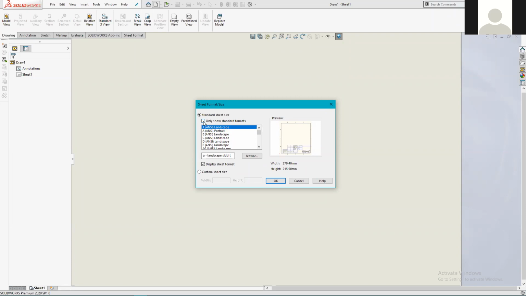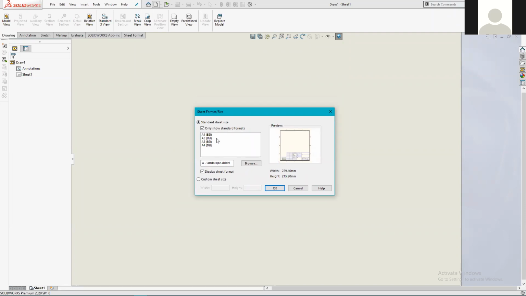If you've got that box ticked there, only show standard formats, you'll have a very short list. And what that's showing you, if the first time that you booted SolidWorks up and it asked you what sort of international format you want to set your default to, and I clicked on BSI, so it's only showing me the BSI formats. So that's why that list's really short. But for this example, I'm going to use an ANSI